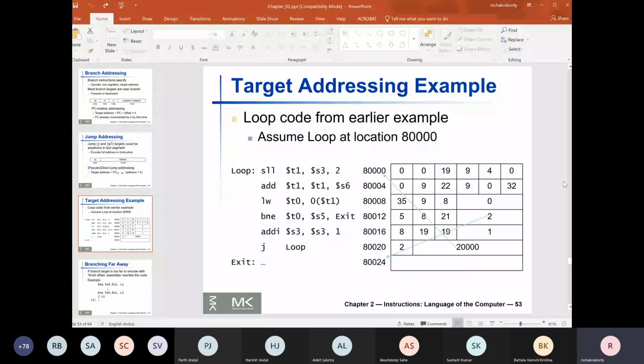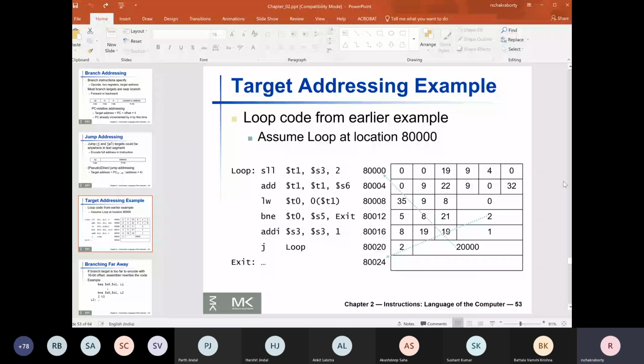First of all, the BNE needs to jump to the location Exit. Exit is at a distance of 12 bytes. But when the offset is calculated, the program counter is already at 80016, and that is taken into account.